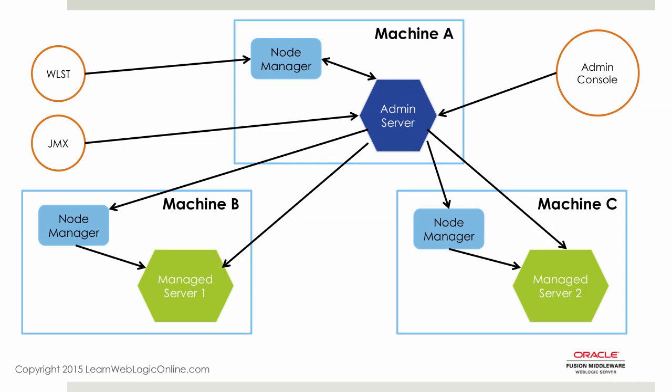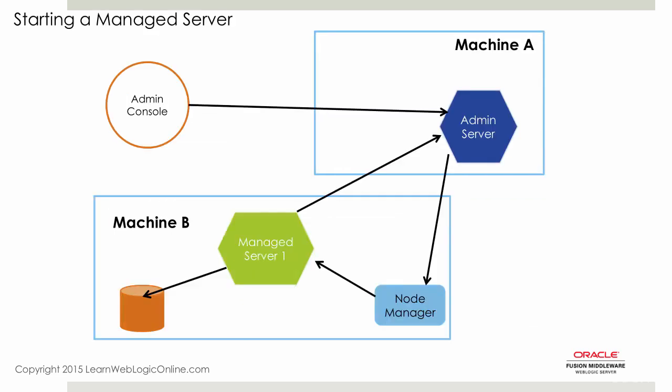Server lifecycle can be controlled through three different mechanisms. You can use WebLogic scripting tool. You can use JMX, so in Java code, you can write JMX code to control startup and shutdown. And you can use the admin console. I can log into the admin console and start a server, stop a server, suspend a server. You can also interface directly with Node Manager using WebLogic scripting tool. You connect to it like you would with an admin server. And once you've connected to a running Node Manager, you can then issue commands to start up and shut down